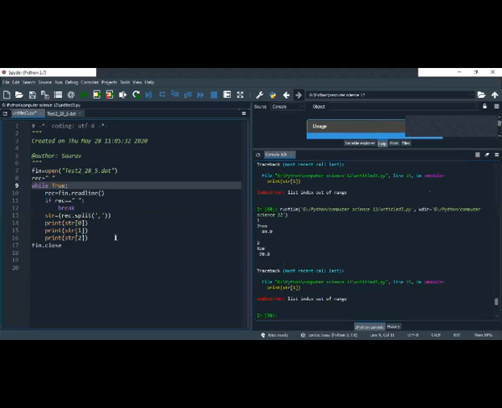It is going out of range. So we can do one thing. Just a second, out of range.